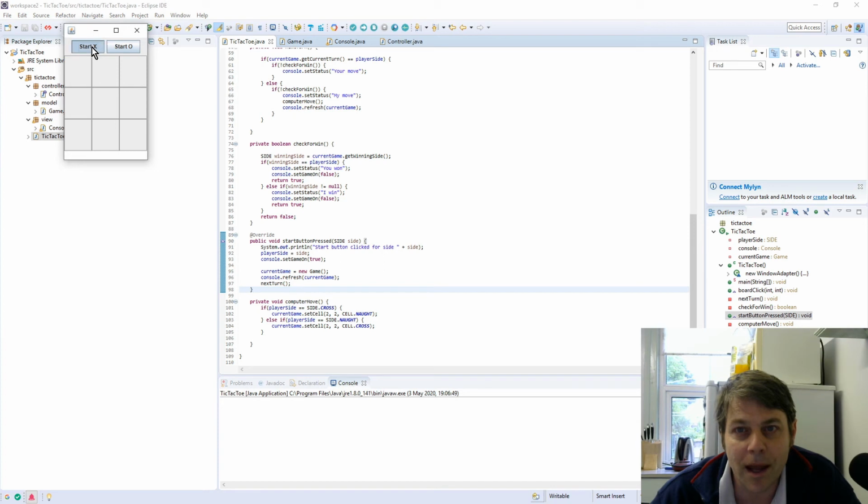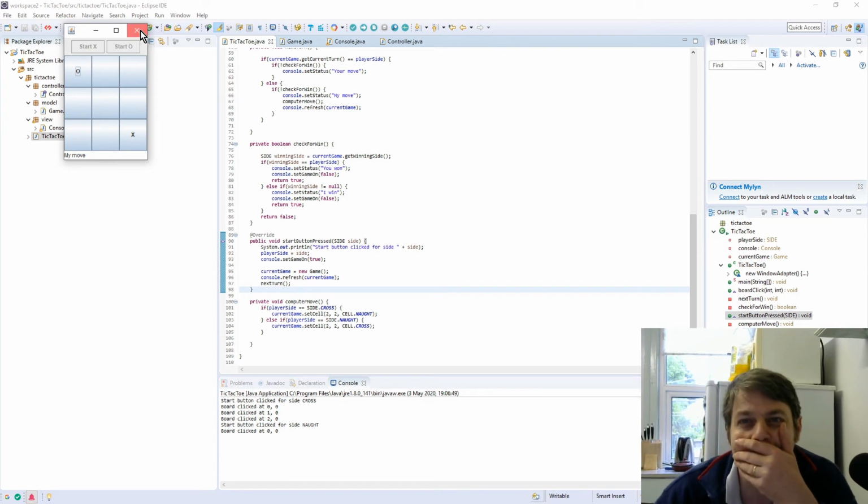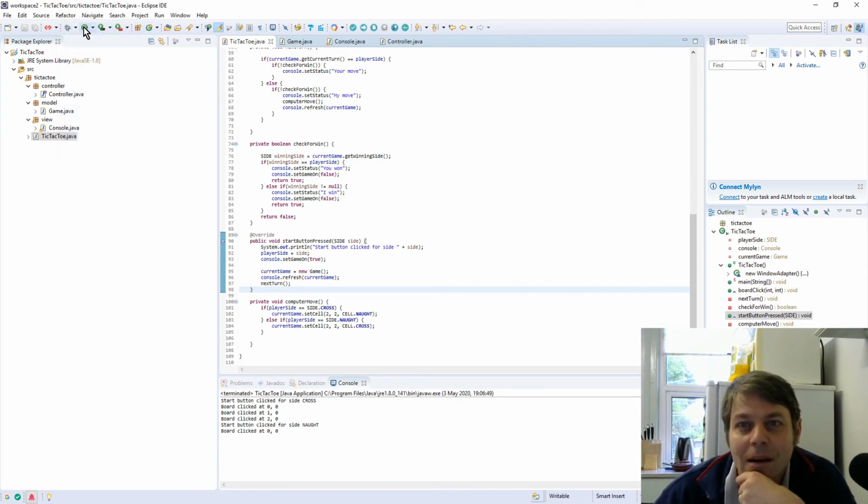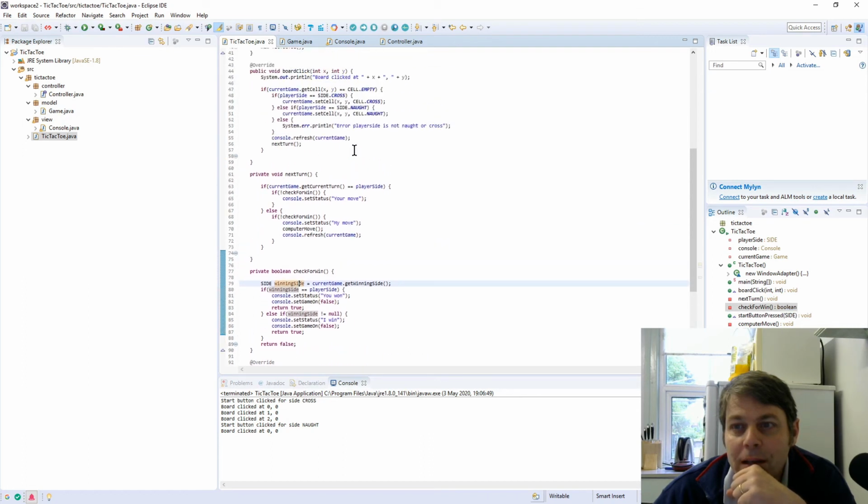So if we play X, it's your move. The computer's not moving because we're not changing the side. If we play O, the computer moves, but it always sticks on my move. Okay, so there's a lot wrong with this. So we need to change